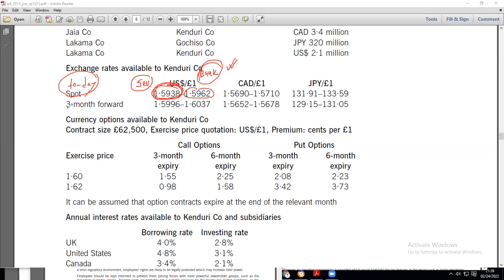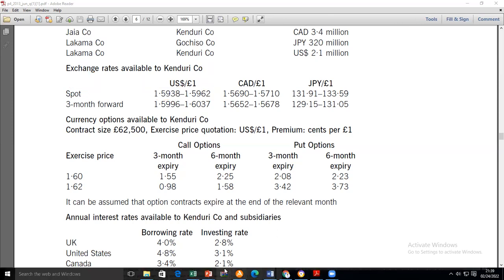We want some dollars from the bank. For how many pounds do you pay them? You divide by the smaller number. I hope that is it. Okay. So with that now in mind, let's